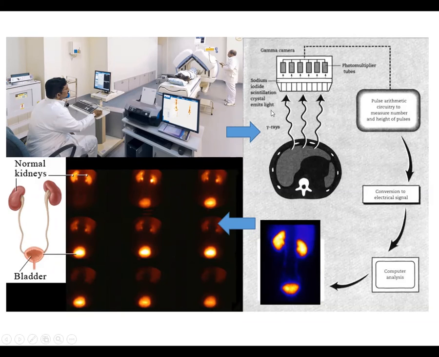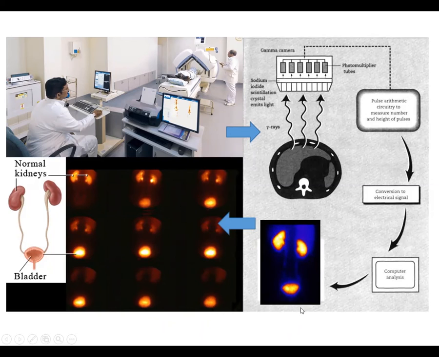The sodium iodide scintillation crystal emits light as it contacts the gamma radiation, and this light will be captured by the photomultiplier tubes, and after that the signal will be converted into an electric signal, sent to the computer for analysis, and the reconstruction of the image, this is static and this is dynamic